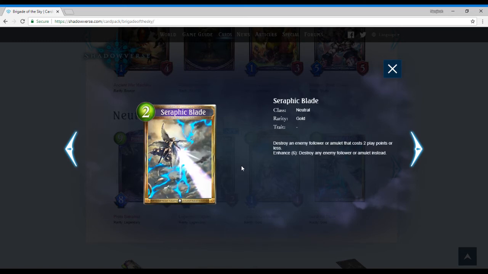Next card, Seraphic Blade. Seraphic Blade is a 2 mana spell: destroy an enemy follower or amulet that costs 2 play points or less, and then Fanfare, Enhance 6: destroy any enemy follower or amulet instead. This card is a very strong tech card. Alright, so right off the bat,